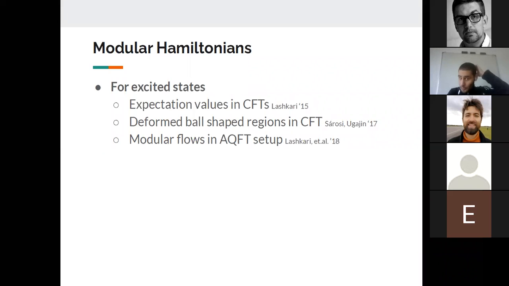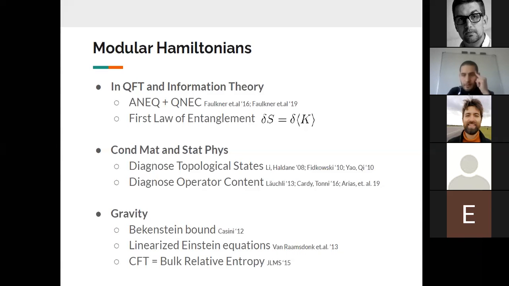For excited states, we have found that not that much is known. Excuse me. I see there's a question from Shiran Singh. Please ask the question. Can we move to the previous slide? Yes. I just wanted to get some more clarification about linearized Einstein equations. What does linearized Einstein equation mean? How does the modular Hamiltonian help to get some excited